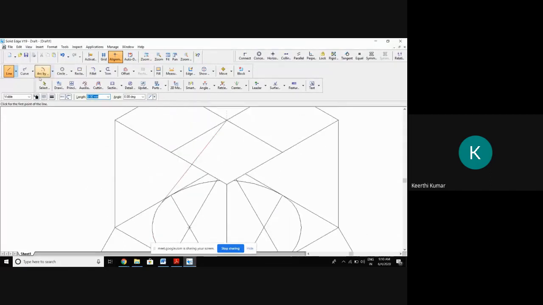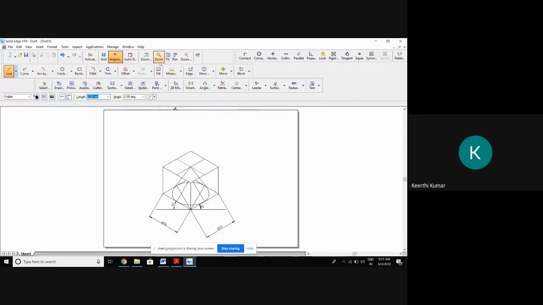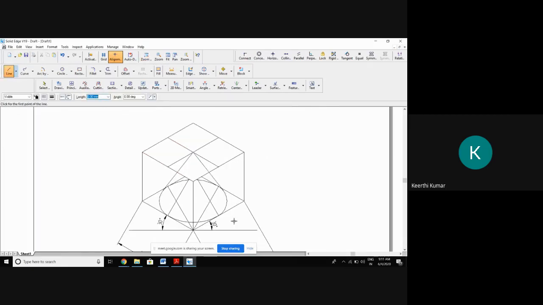Again, draw the line, other side also, till the tangent. You may feel that I may connect here, I should connect here. No, you should connect further so that it should be tangent. Like that you connect. Once it is done, please let me know. Tell me whether, sir, it is done. Tangent. I connected from the vertex, the center of the box, to the tangent of the base.